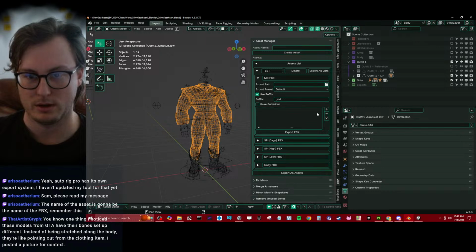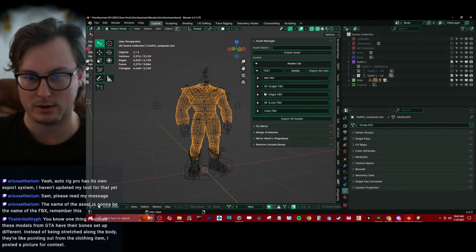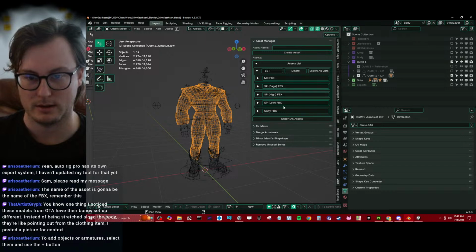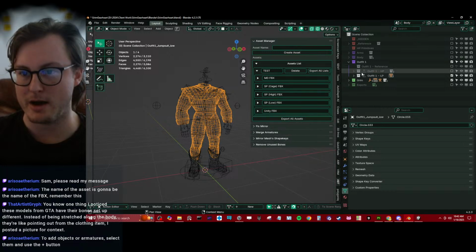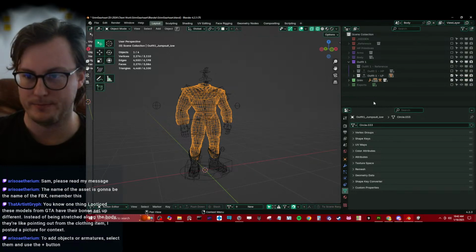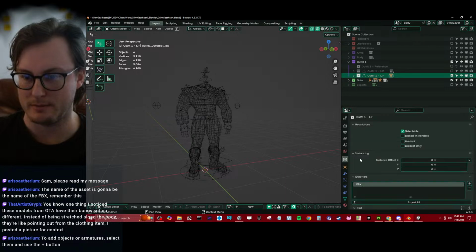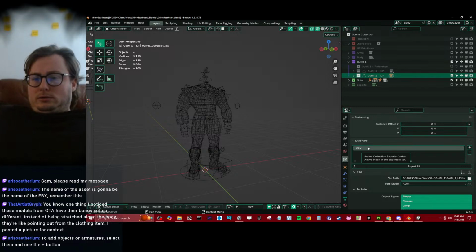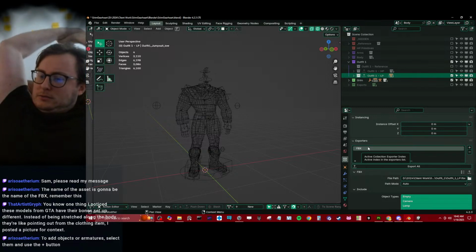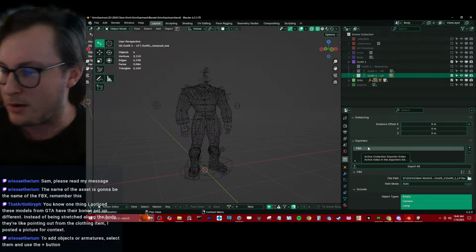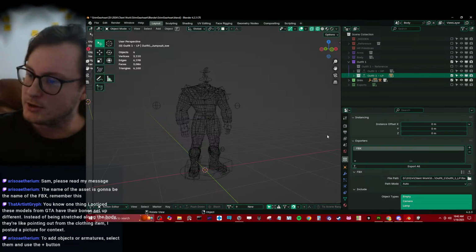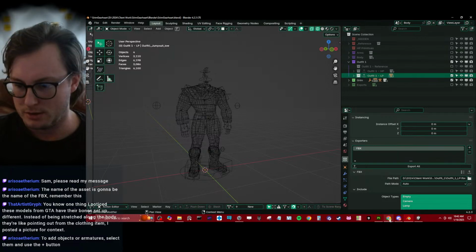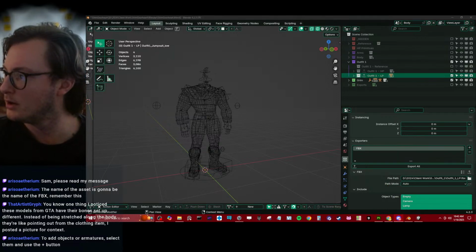That's pretty cool. So you can assign all of them. Yeah, I like your setup for the different collections here. It's very, very useful. Right now, I've just been using collections because Blender has the exporters here. It's kind of similar. That's very cool though. To add objects or armatures, select them and use the plus button. Gotcha. So you can just do a general selection. I'll have to test that sometime. I'll probably leave it for right now, but